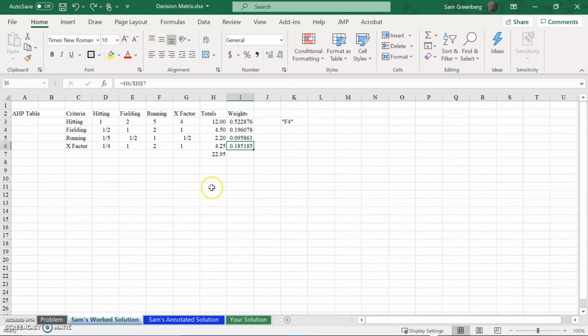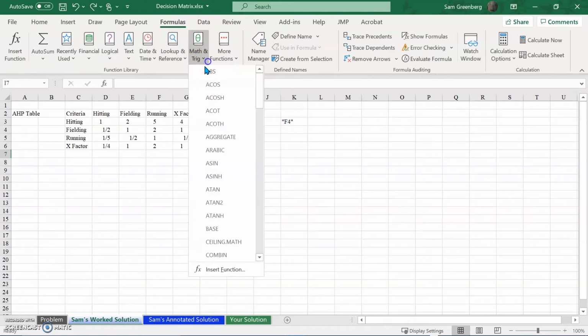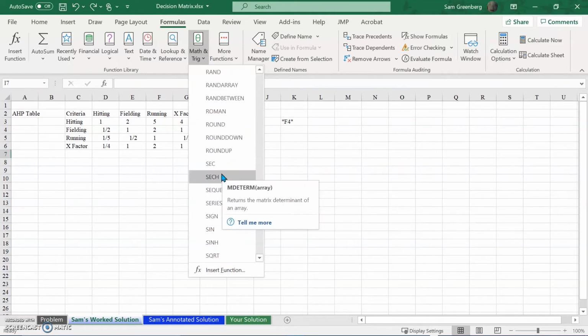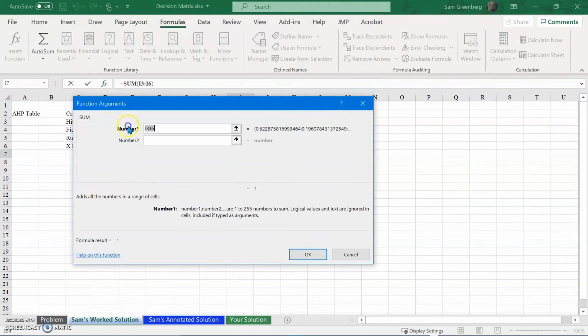But either way, they should add up to either 1 or 100 depending on how you do your calculations. And so we're going to go over to the formulas and just do it a different way. Go to Math and Trig, and you can see there's sines, arcsines, logs, all kinds of things you could do. But we're going to go down to sums, and there's a lot of different sum functions, and they're all really cool. But today we're only going to worry about this actual sum,